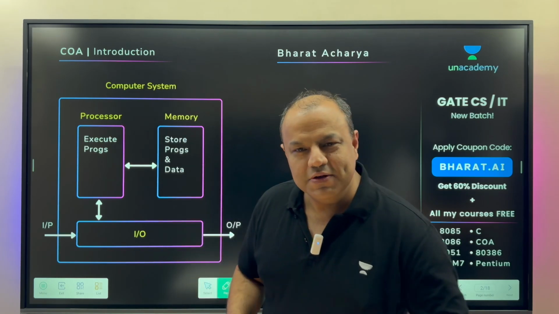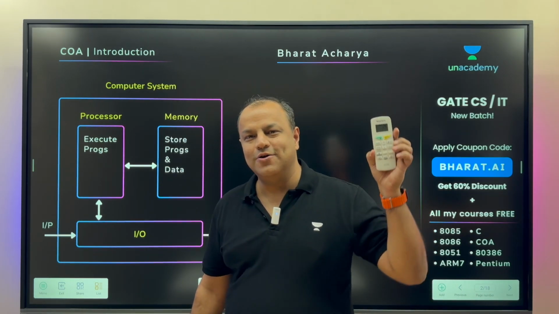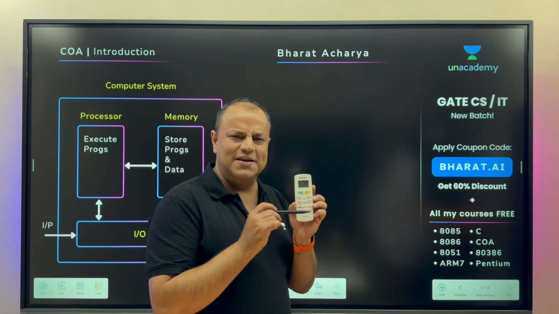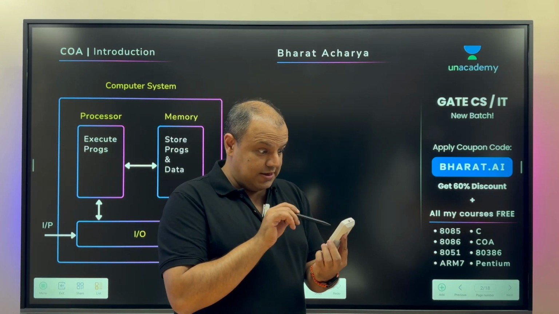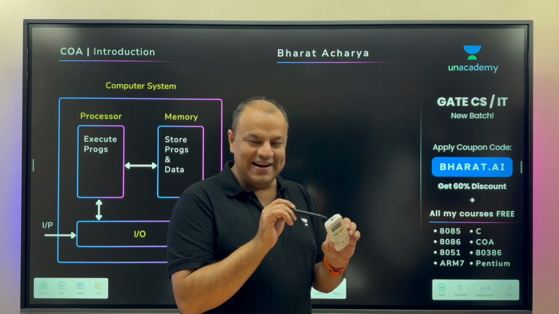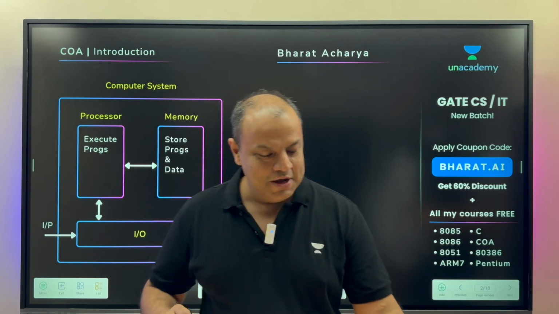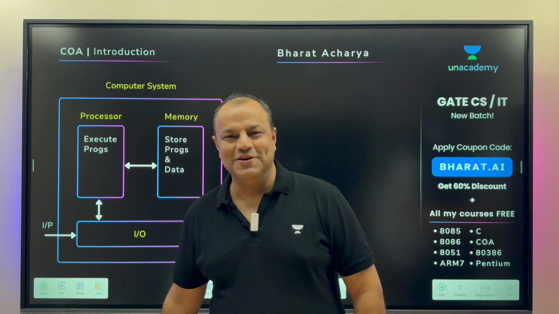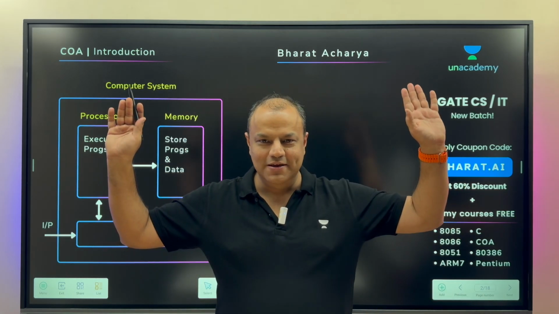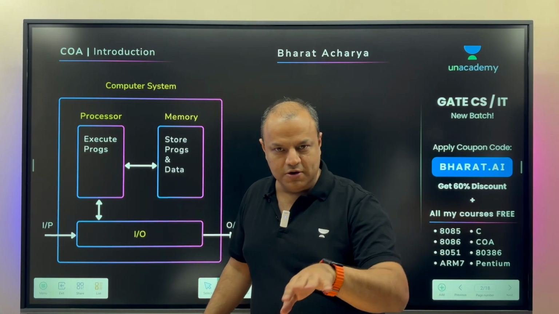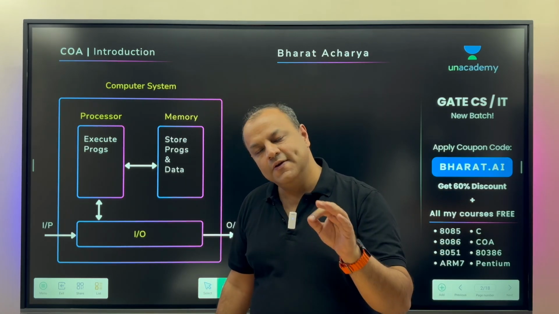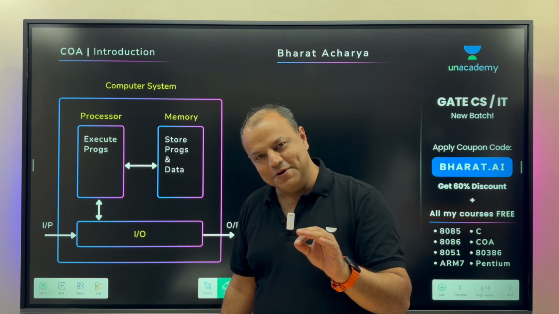So every computer system in some form or the other has I/O devices, even the most basic appliances. All the buttons over here are input. The LCD panel is output so that you can see what you have pressed. You don't keep guessing. And the antenna, which sends the signal, more like a transmitter over here, is an output device. Rest is power supply. Anyway, so you all understand? Every computer has them in one form or the other. They don't run our programs. They are just used to give inputs and produce outputs.